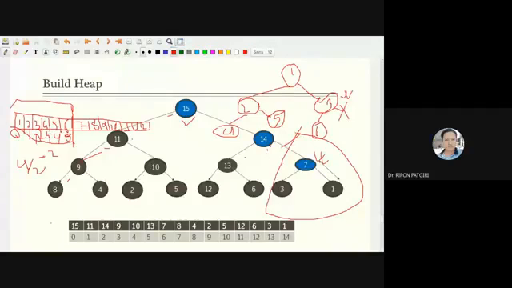If it is an internal node, it must have two children except the last node. That is the complete binary tree definition, right? So a heap must be a complete binary tree. That was my concept. So if you plot any array, it will always be a complete binary tree. There is no question of non-completeness.